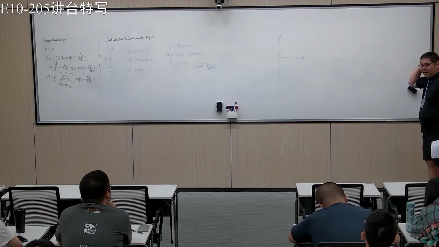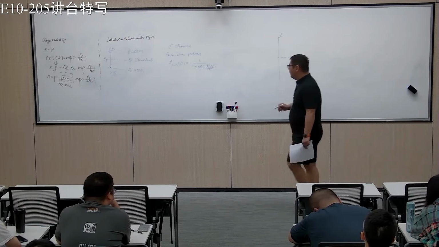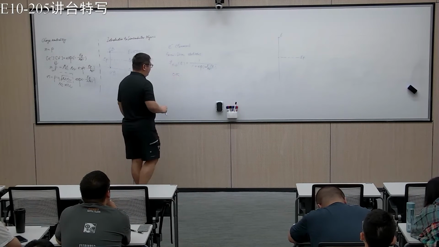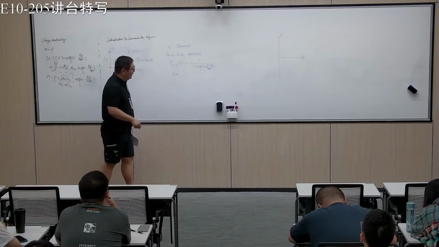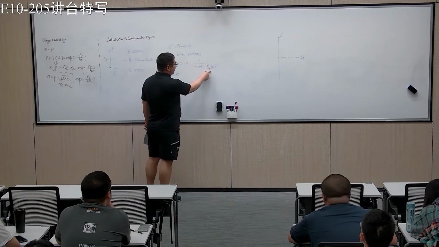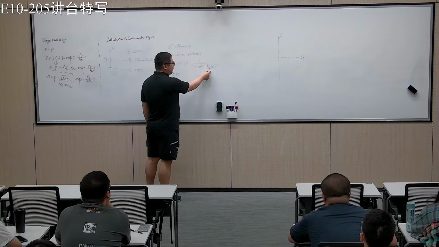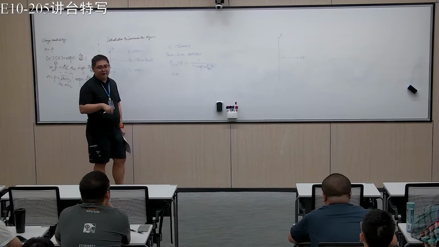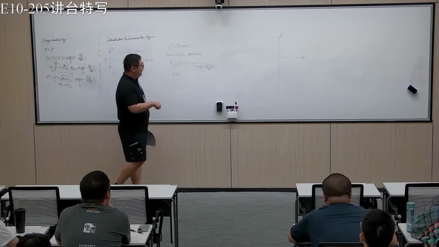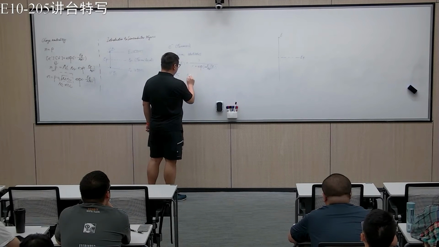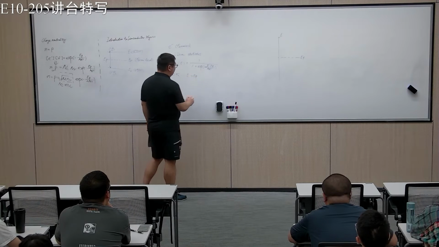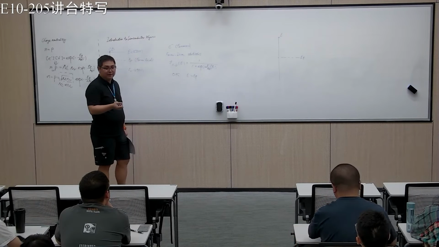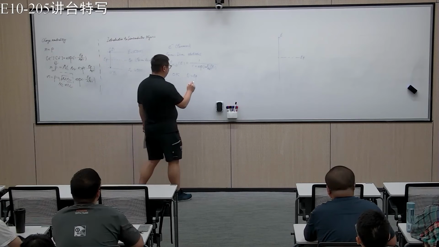So let's say I have 0 Kelvin, so kBT is 0, so 1 over kBT is infinitely large, right? So if E is larger than EF, then this part becomes infinitely large, right? So then F